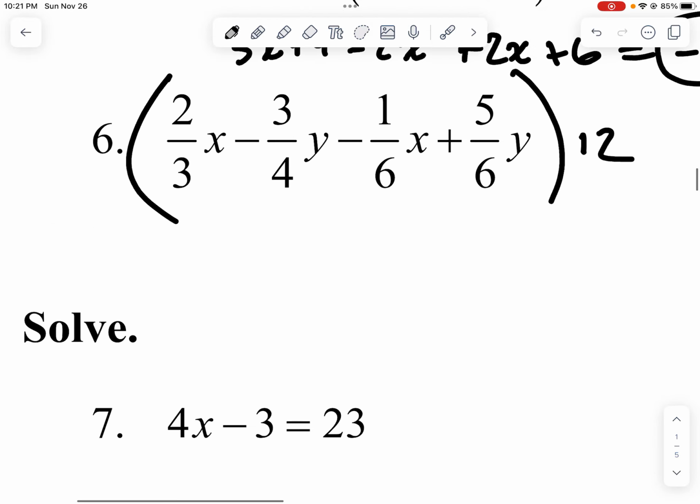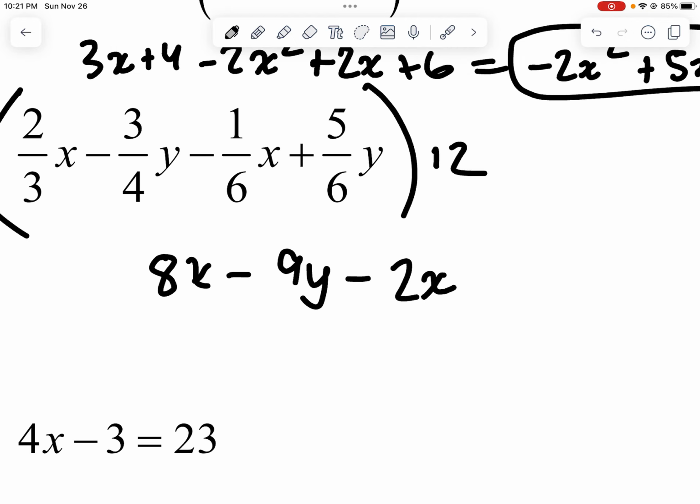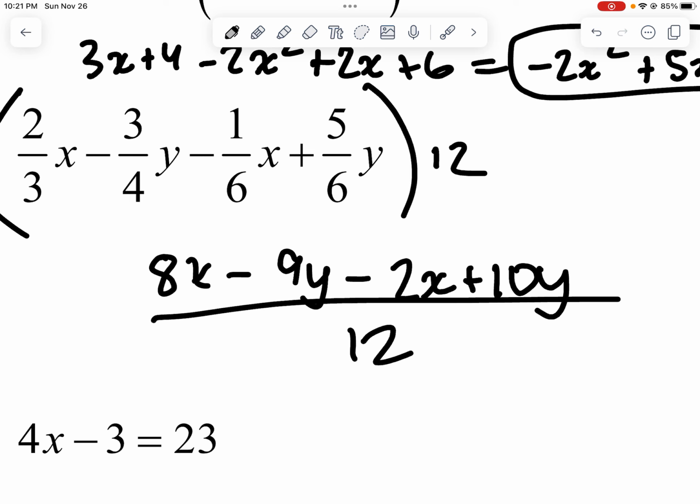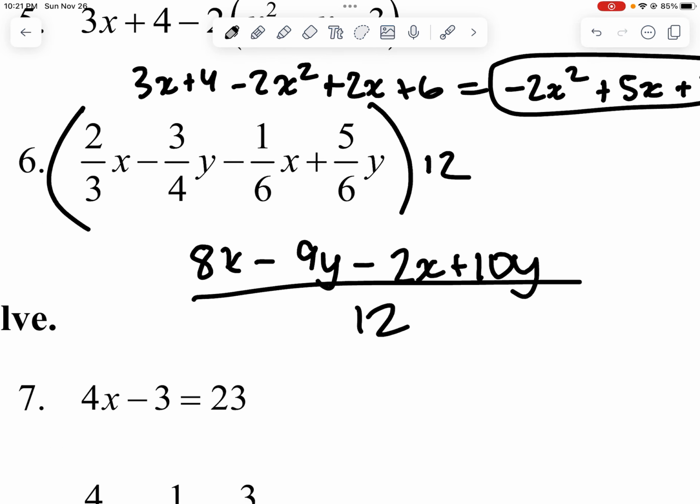So what's 12 into 2/3 x? That's 8x. What's 3/4 y? Minus 9y. What's negative 1/6 x times 12? That's minus 2x. And then what's 5/6 y times 12? That's plus 10y. And again, we have to do it all over 12 since you can't just magically multiply by